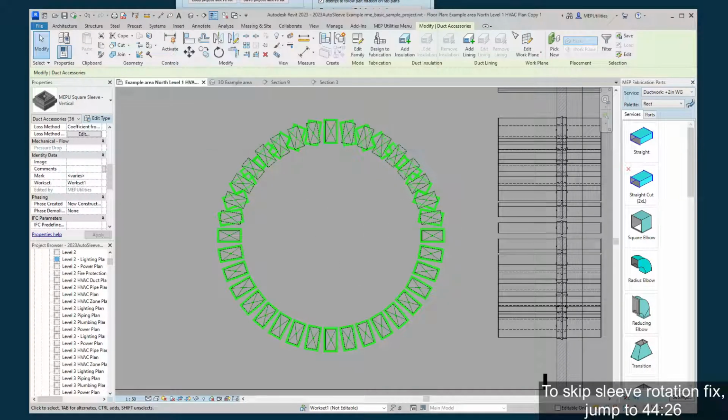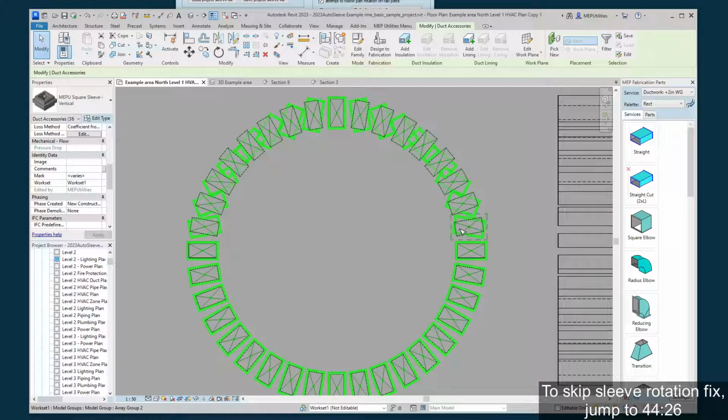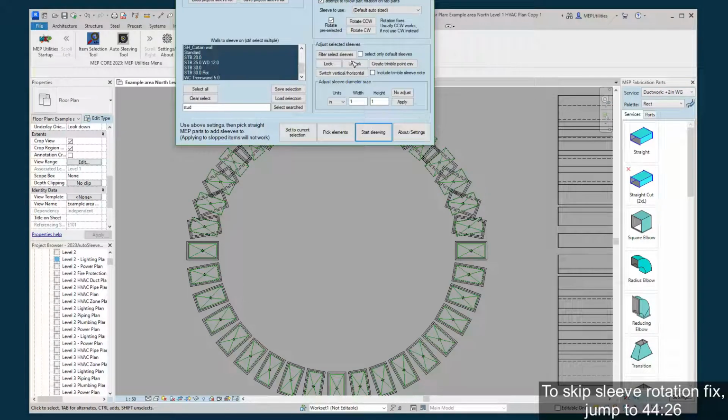And as you can see, the top half has been incorrectly placed. Once again, this happens, but we believe it might be something to do with a negative rotation that's happening. It's kind of weird that the ones over here only had 5 situations, whereas this one had the entire other half rotation. It's a weird situation. We are looking into it, but it's not a big deal because you can just quickly fix that by selecting